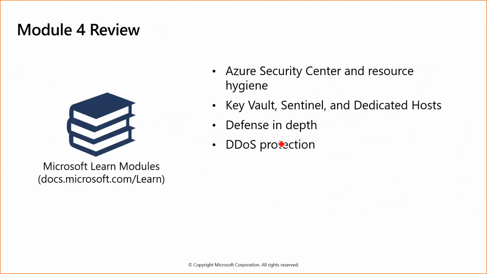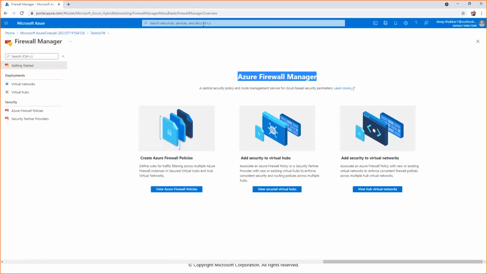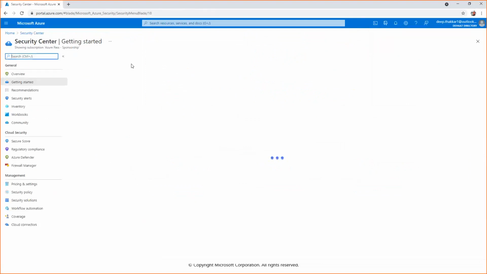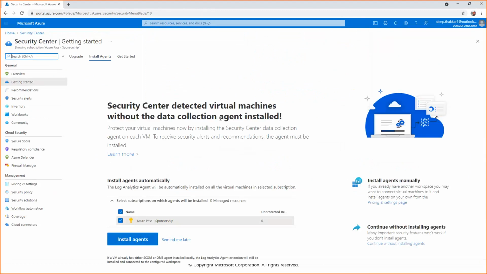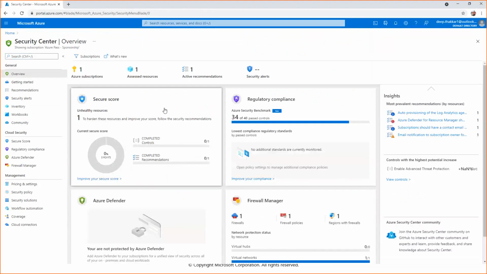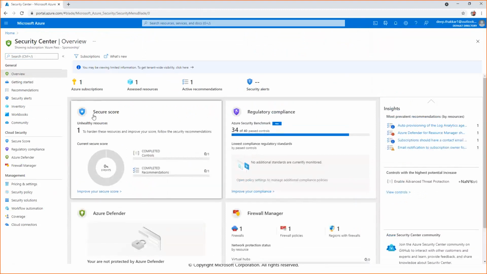So let me just show you how Security Center looks. You need to go here and type Security Center. So here you can see your secure score.